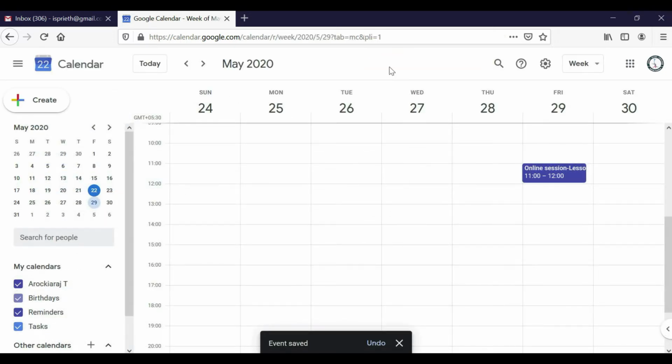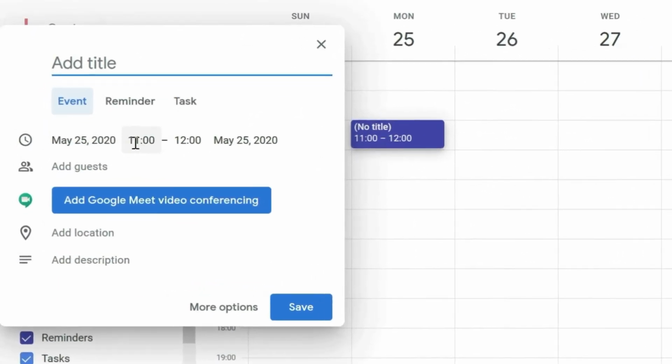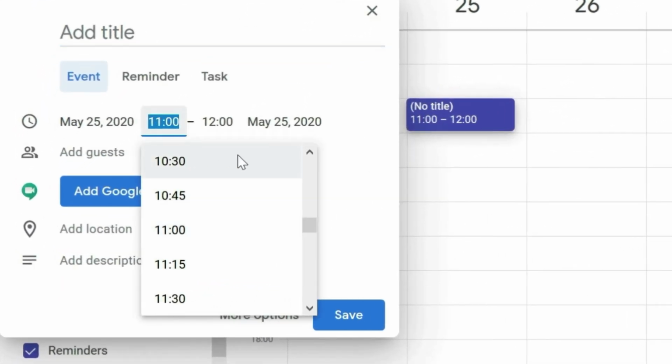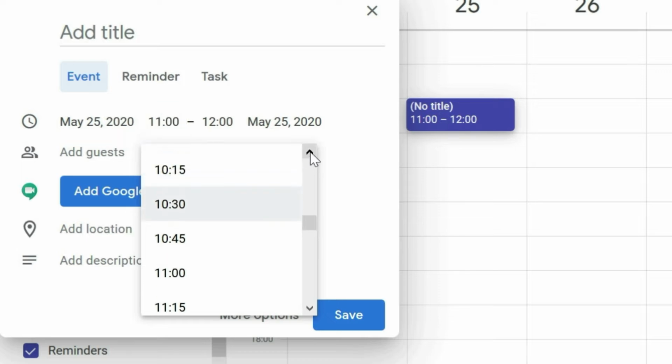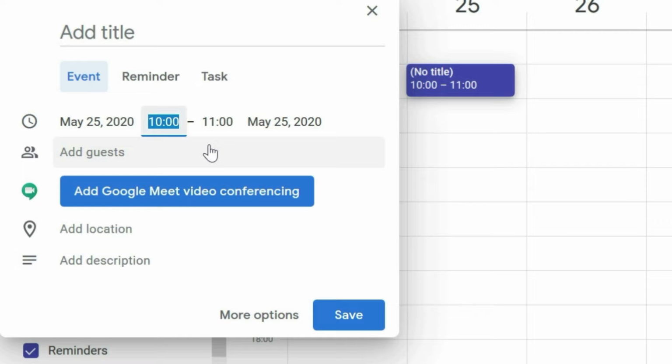Alright, now here we have the session on Friday, and on Monday itself I need to have some plan. For example, at 11 o'clock, or you can make it 10 o'clock, you like to prepare the activity plan.